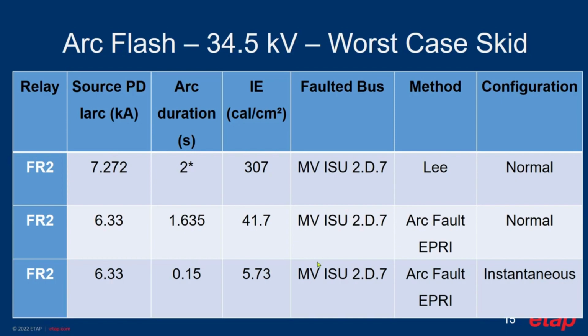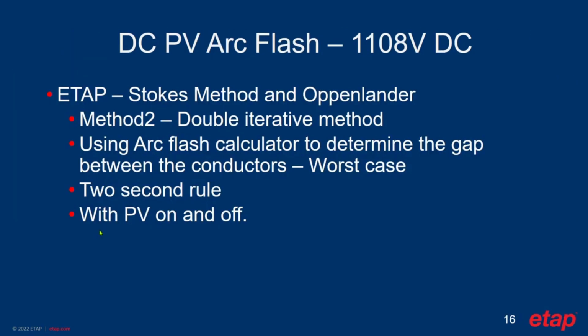The tail end to this particular application ended up on the DC Arcflash side, which is on the PV array side of the actual renewable sources that were added to this particular project, which had voltages at this level that would not be applicable for some of the methods that we already have in Etap. So the choice of the right method for this particular application for 1100 volts DC was chosen to be the